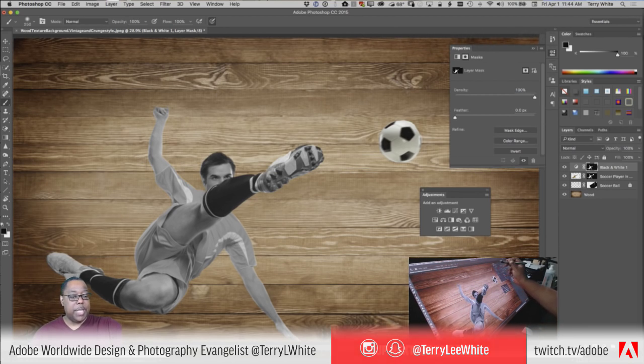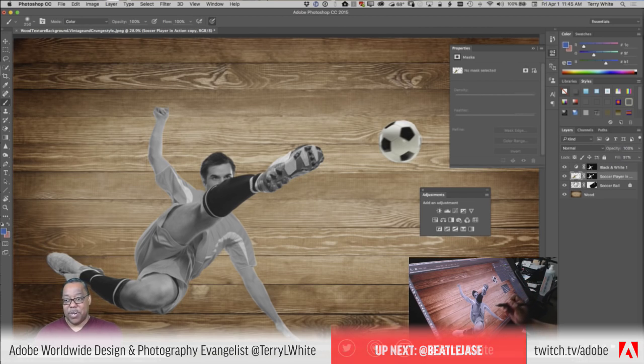And we could go adjust that mask so we never have to do that again on the soccer player. But either way, we're good. So that way, the layer mask is applied to the adjustment layer. Now there's one downside to doing it this way. That layer mask is in a specific spot. So unless you remember to move everything at the same time, if you go move your soccer player and you don't move your adjustment layer,